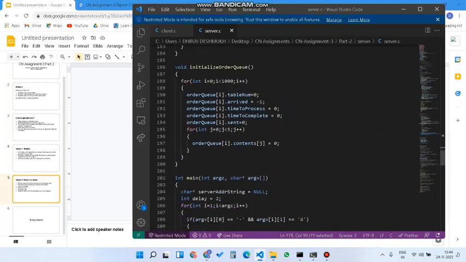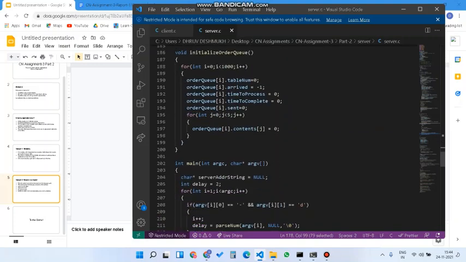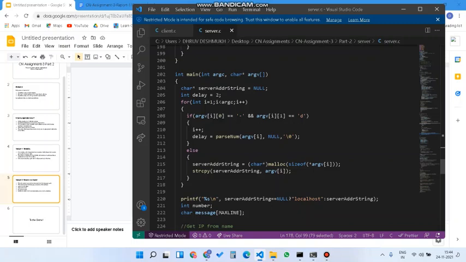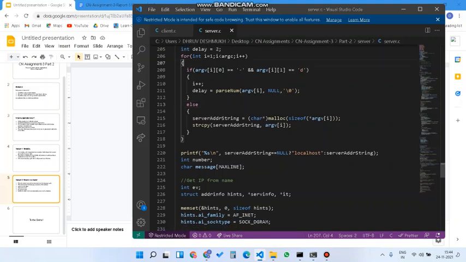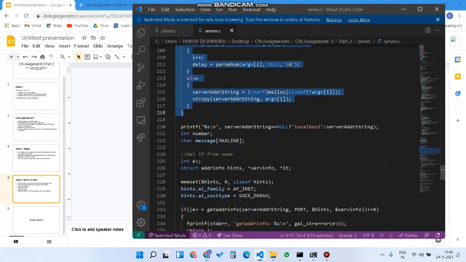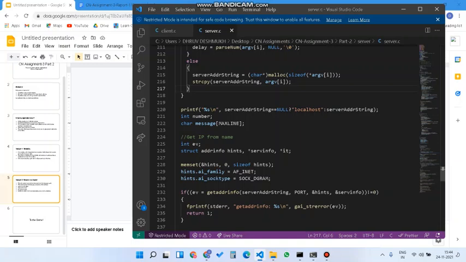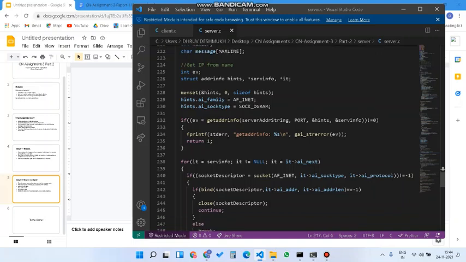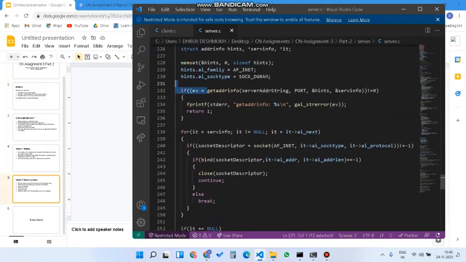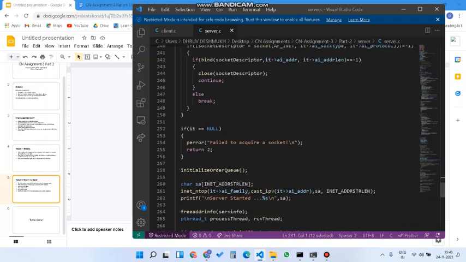Now these are some initialization structures to initialize the queue and stuff. This is the main function where I actually take these arguments. So you can give the server string. So if your server is placed at a particular IP address, you can provide it here in the command line arguments using getaddrinfo. Then